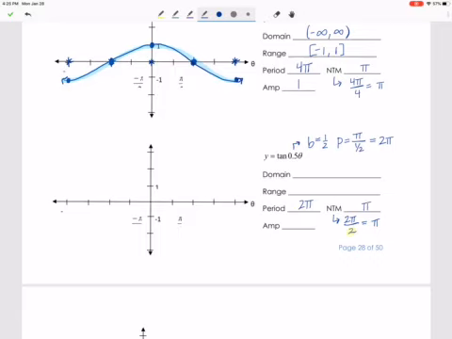Again, if it helps to mark, I will definitely use 0. My next tick mark is at pi, and then at 2 pi, and then at -pi and -2 pi. All the other ones that are blank will not be used. Tangent normally starts at 0 on the axis, so that point is still 0. Now, normally, your very next position is an asymptote, but if I can't use that tick